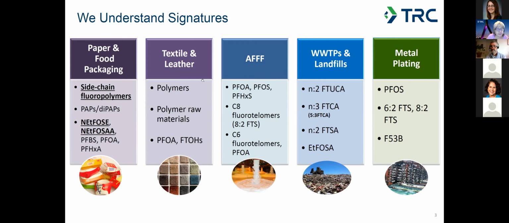In the textile and leather industry, we'll see polymers, PFOA, and fluorotelomere alcohols. The polymers can break down to PFOA and other perfluorocarboxylic acids for the most part, and the perfluorocarboxylic acids are likely what we'll see in the signatures. The fluorotelomere alcohols don't really last very long. These are the more volatile PFAS, and they're typically identified as intermediates. However, under some anaerobic conditions, they can last longer.